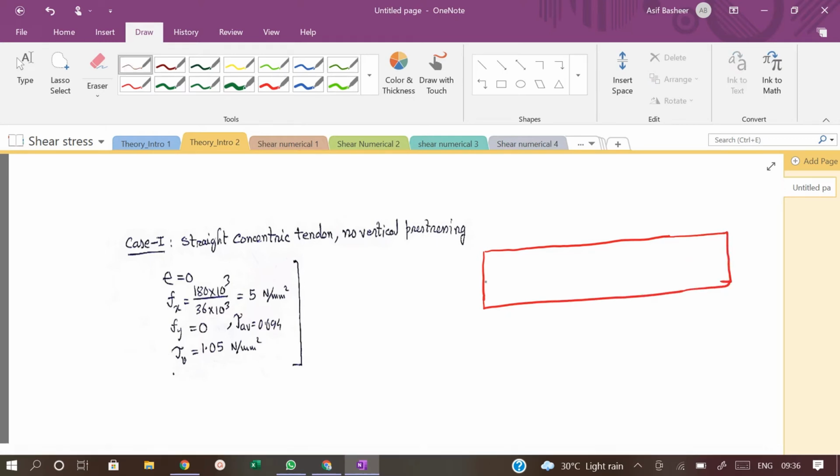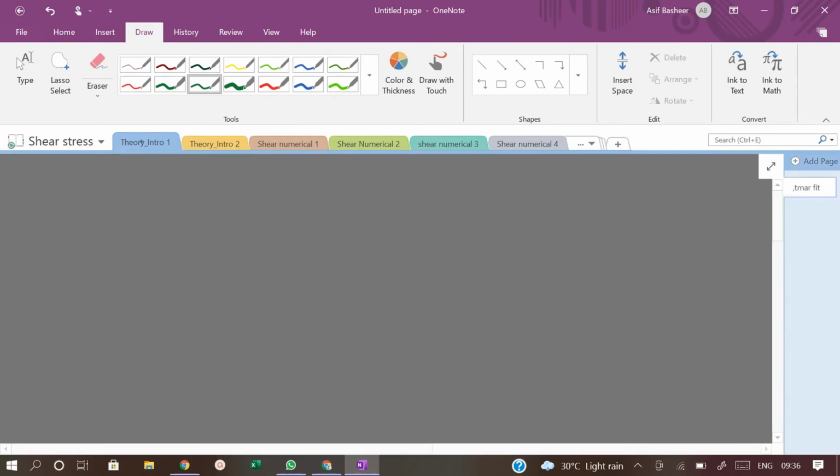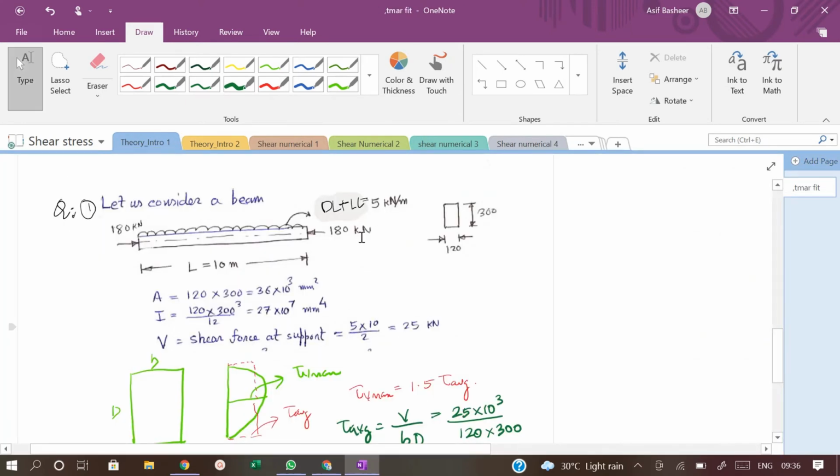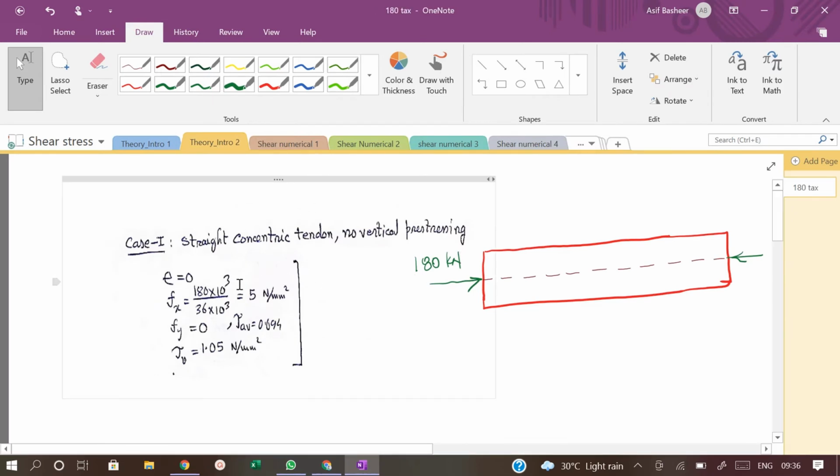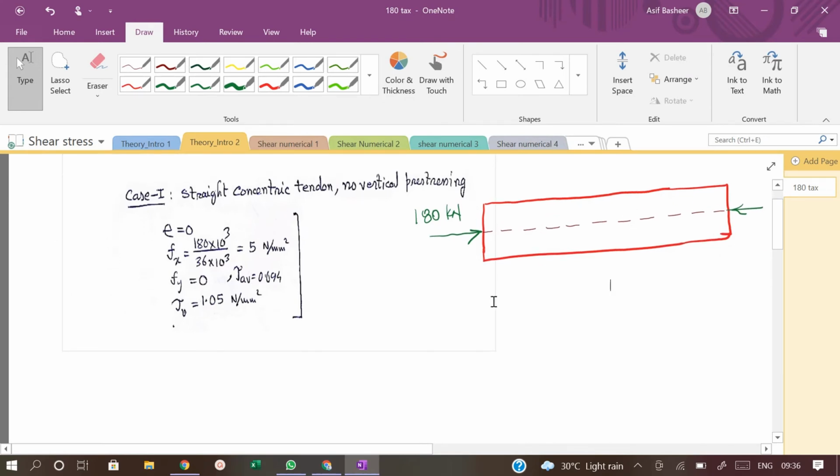the neutral axis is somewhere here like this. I am applying a pre-stressing force of 180 kilonewton, as you can see here, without an eccentricity. So I can take e is equal to 0, which means now I can write what? My Fx is equal to what? I am applying a direct compressive force of 180 kilonewton from either side,